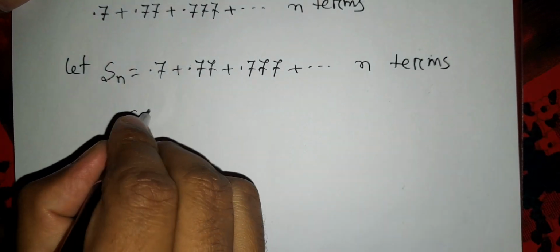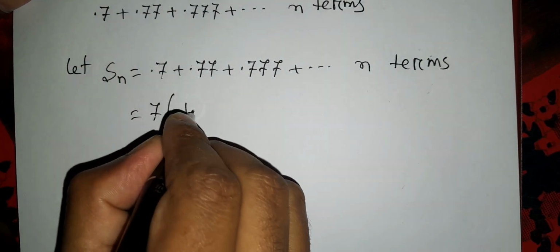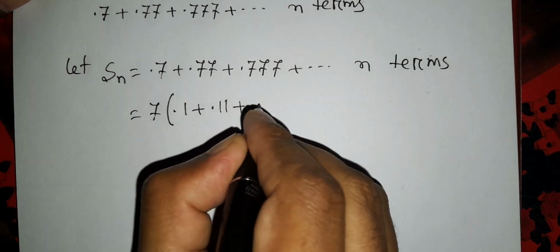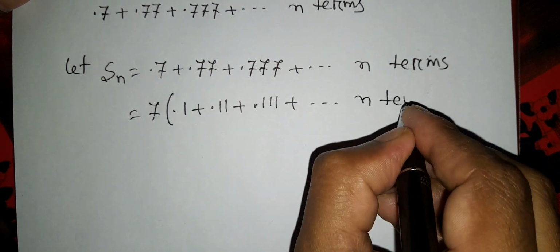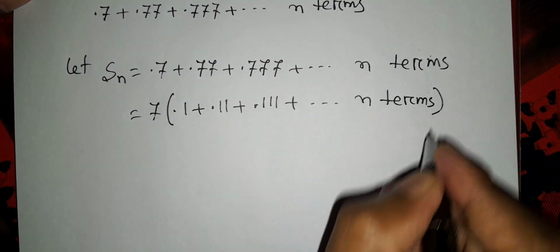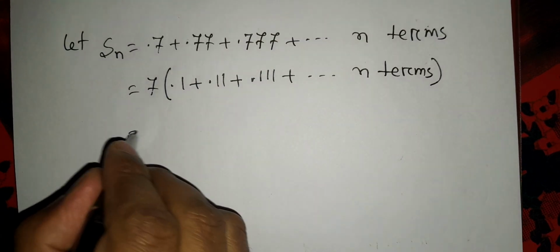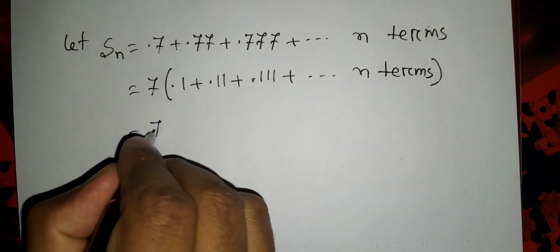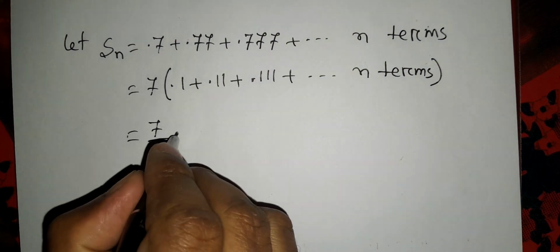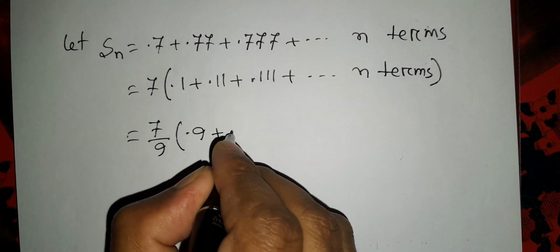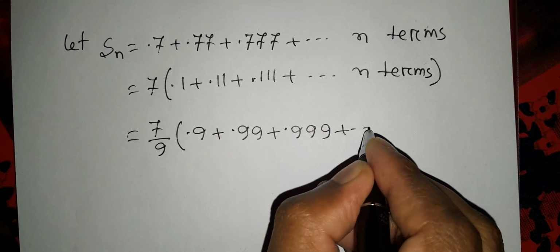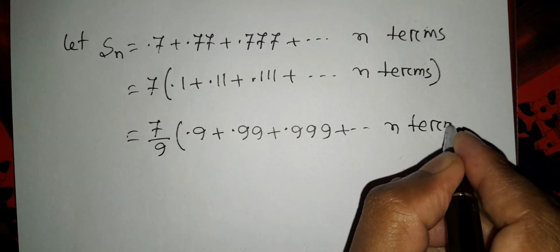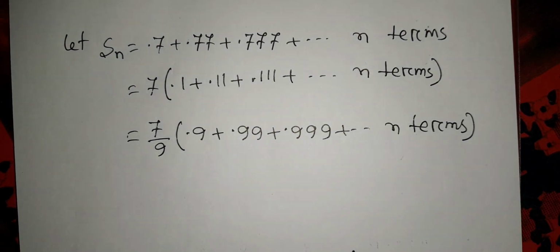Okay, now we take 7 common: 7 times (1 + 11 + 111 + ... up to n terms). Okay, now we multiply by 9 on both sides: 9 + 99 + 999 + ... up to n terms. Okay, now we can write